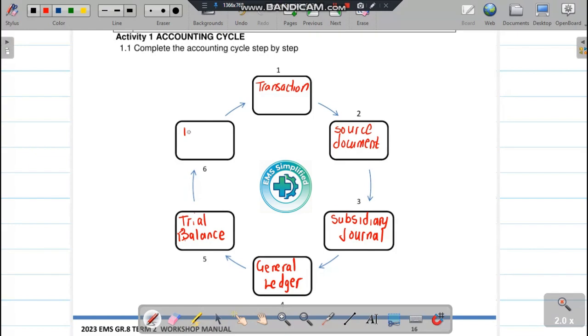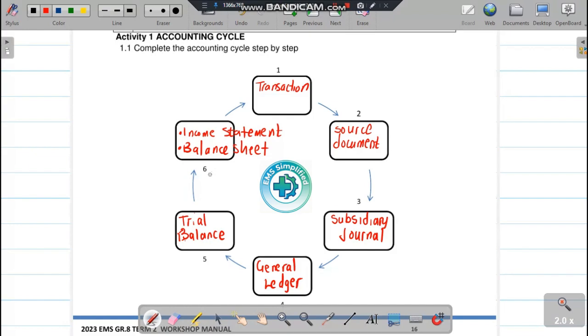The financial statements include two statements, which are the income statement and the balance sheet. The income statement calculates the profit or loss of the business using the nominal accounts, which are the incomes and expenses. How do you calculate the income statement? All the income, total of the income, less total expenses. Then the balance sheet is prepared